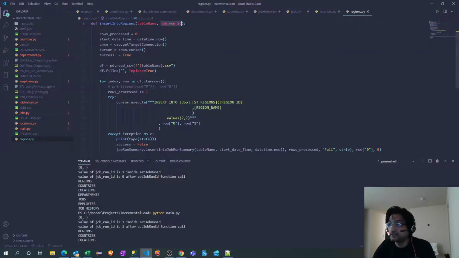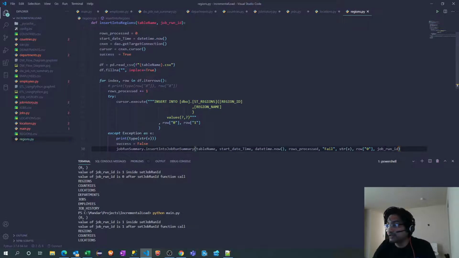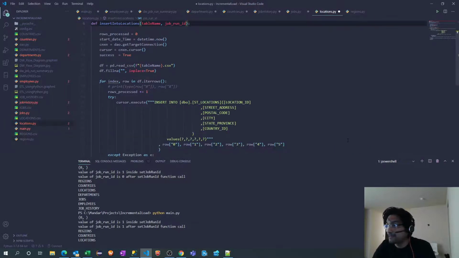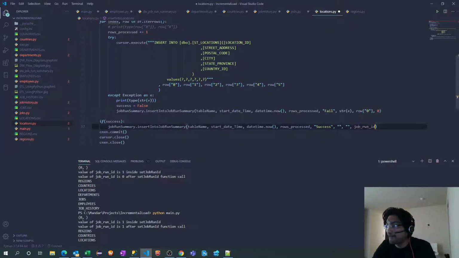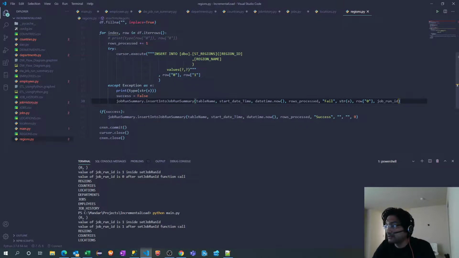One last thing: we need to replace this 0 with the actual variable, which I forgot in this exception block.